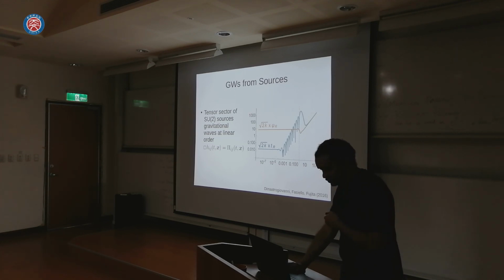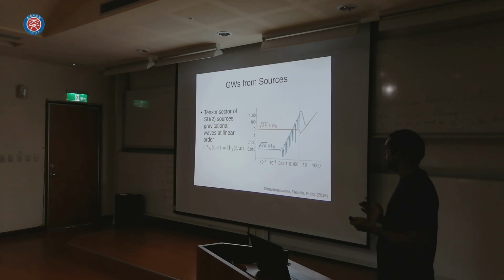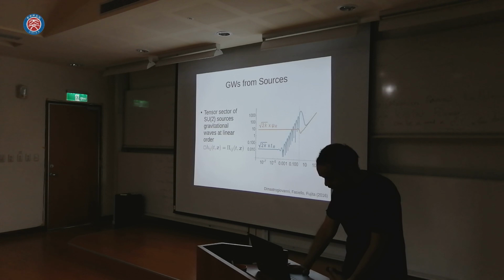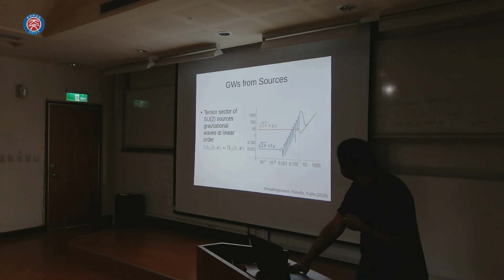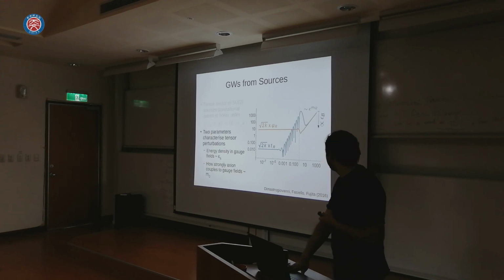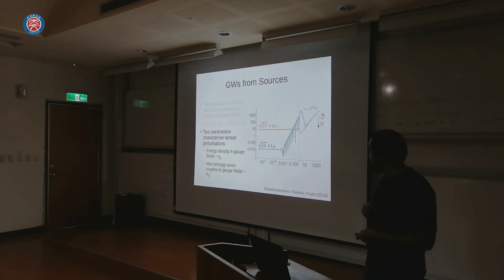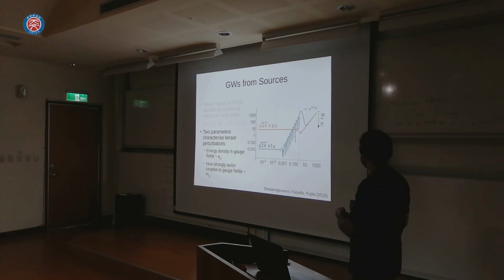Right. So now we have these two kinds of gravitational waves: the ones that are produced by a mechanism like this, with some gauge field sourcing gravitational waves, and the vacuum gravitational waves. So we need something to distinguish these two kinds of gravitational waves. One is the amplitude. So let's take a look at what controls the amplitude of these gravitational waves. Once again, there are two processes that lead to the amplification of these gravitational waves. First, the gauge field gets excited, so gets amplified by its coupling to the axion, and then it transfers its energy to the gravitational wave.